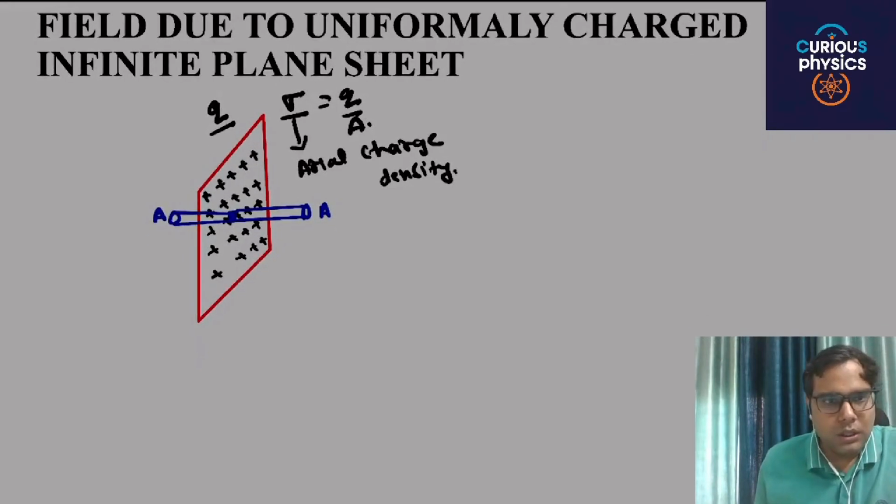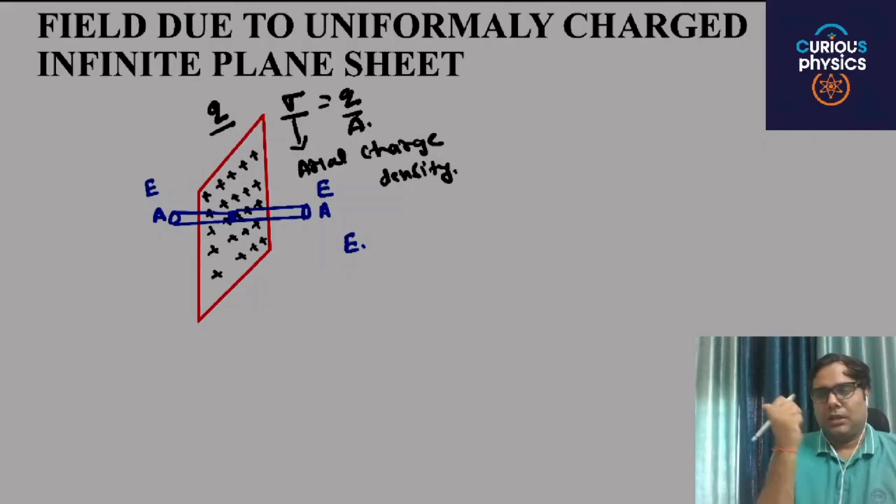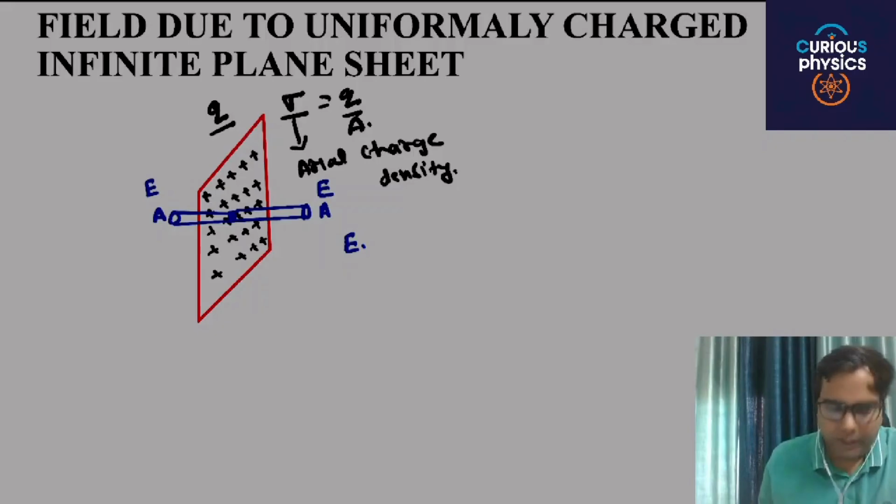So according to Gauss law, the net electric flux will be, let's say E is the electric field in both directions. So E is the electric field, one is this side and another will be on this side. Okay, total area A from this side and A from this side, because in case of electric flux we use the total area, so A plus A, 2A, this is the electric flux.